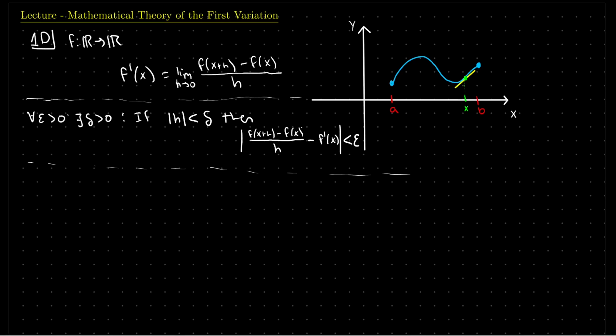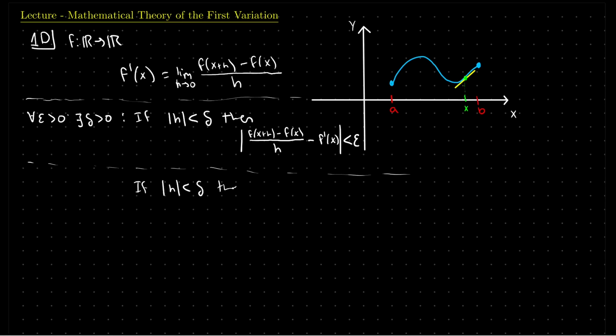Specifically, because h is a real number here, in the sense that h is the increment that we're taking the limit of as h goes to 0, the so-called limit of the secant line. If we multiply both sides of this expression by the absolute value of h, or you can think of this as pulling out the 1 over h from this term, and multiplying both sides by the absolute value of h, the conclusion of this definition becomes if the absolute value of h is less than delta,